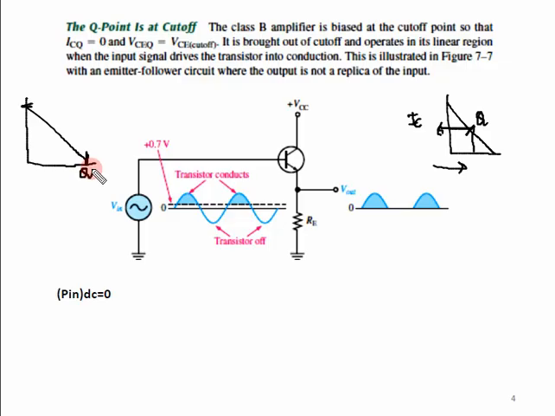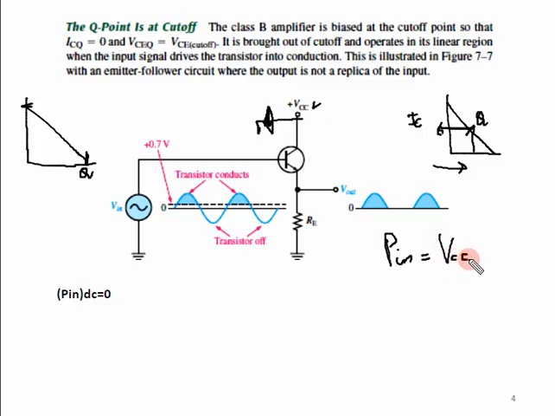Now what we can see, in terms of power dissipation, is how much power can be withdrawn from this VCC, from the power supply. The question we can ask is how much power is drawn from VCC. In the case of the class A amplifier over here, if I calculate P in DC, the input power from the DC source supply, it would be equal to